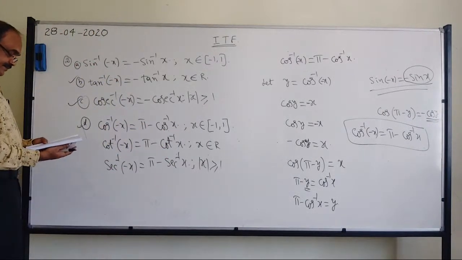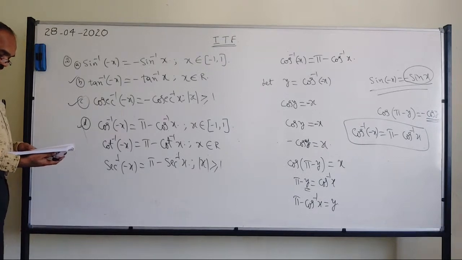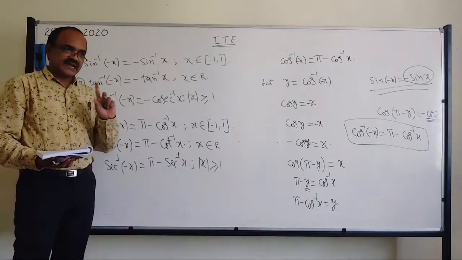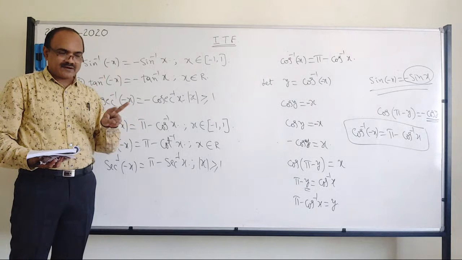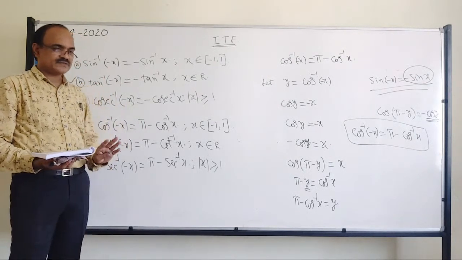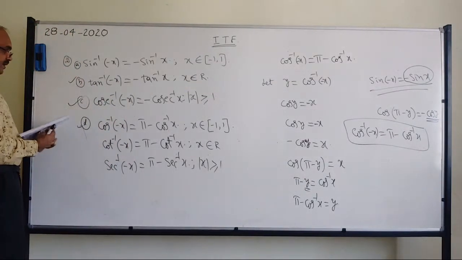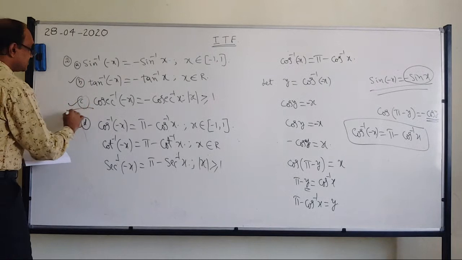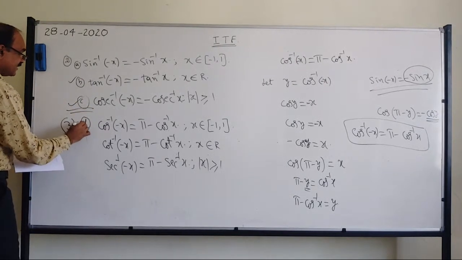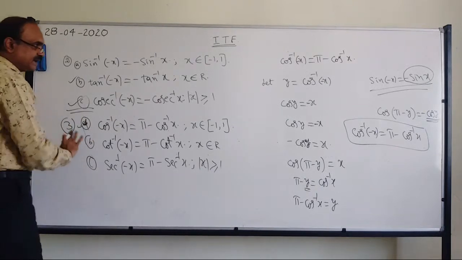Okay. Now, this is today the last property that I will discuss. Then I will have only tan. Tan property I will not discuss today. Tomorrow we will discuss that. Here actually they marked this as 2 and this they have marked as 3, A, B, C. This numbering, okay? This they split into 2 parts.